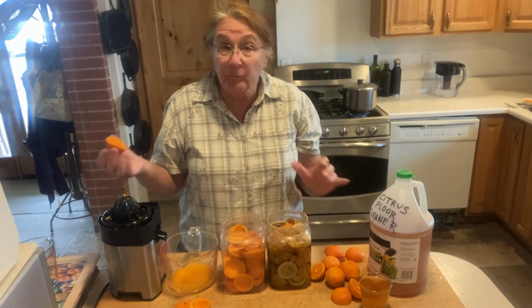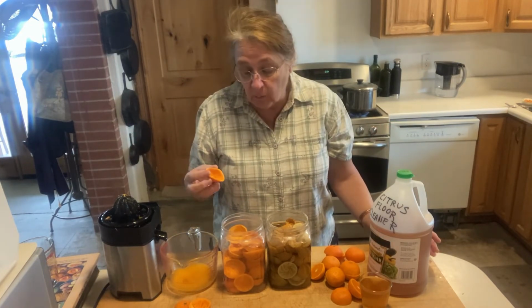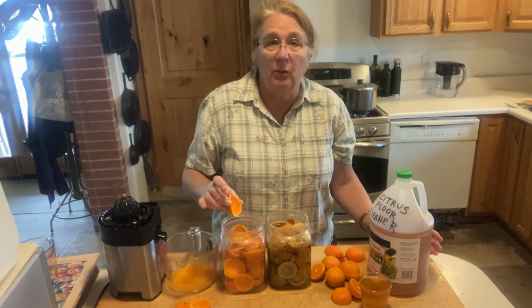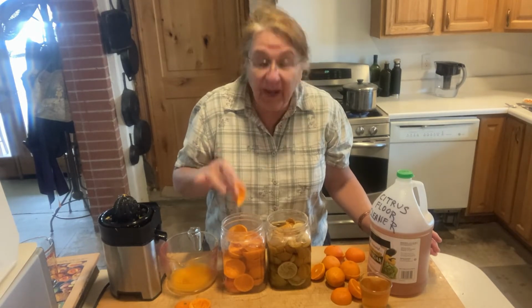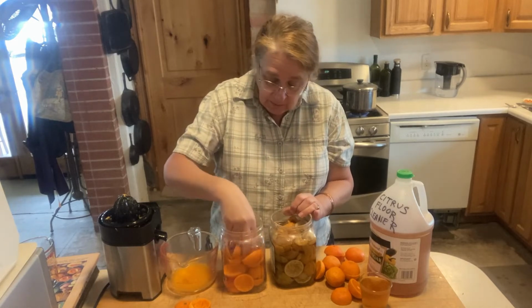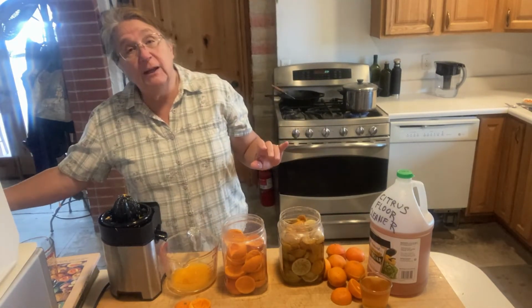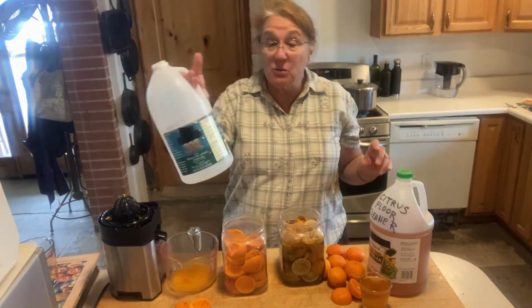Well, back in the day, you didn't throw anything away, and this is so easy. Basically, you take all these peels and you throw them into a jar and you add vinegar to cover them. Now, I use white vinegar,